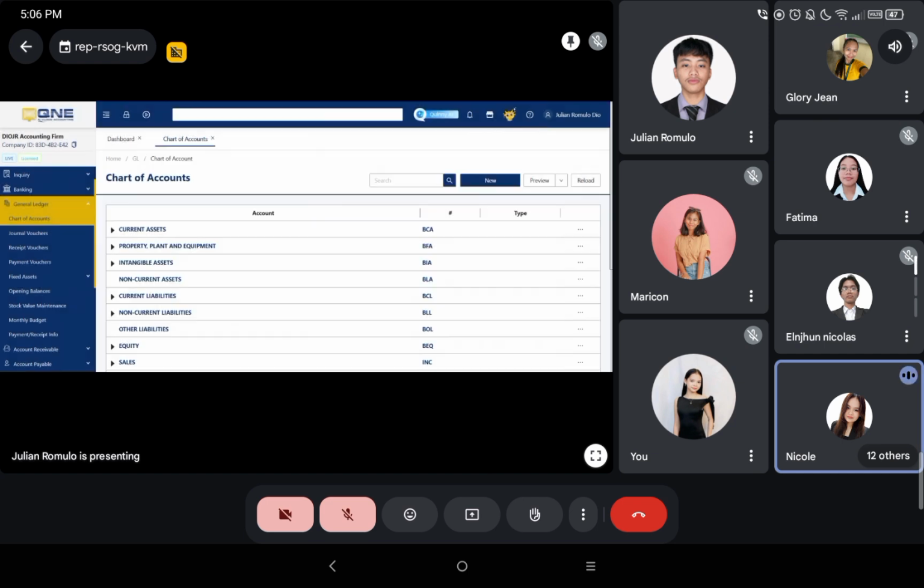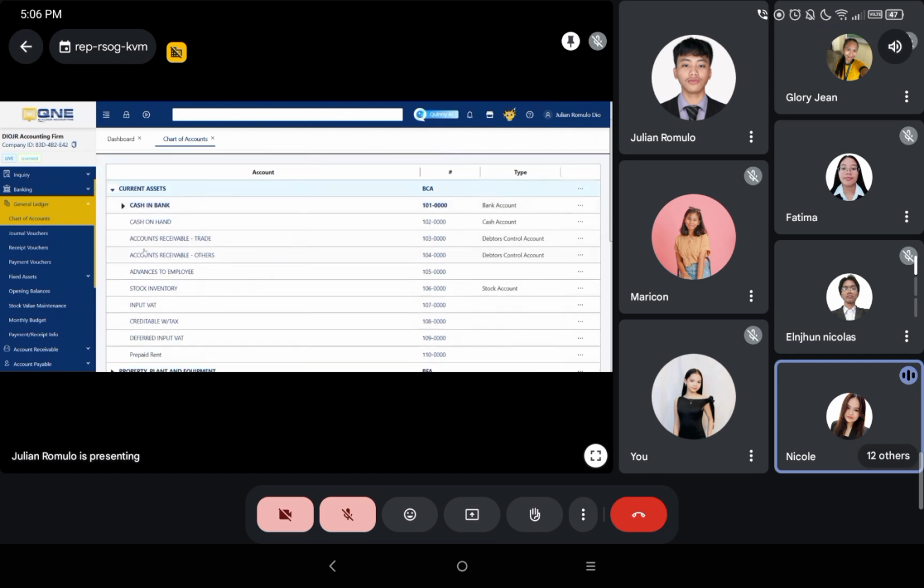So okay, once saved, the new account will automatically appear under its correct parent category, and this ensures that the chart of accounts stays organized, and we can also return to this area anytime to add, edit, or delete. So may I call on Ms. Jo Pilapil to discuss the journal vouchers.